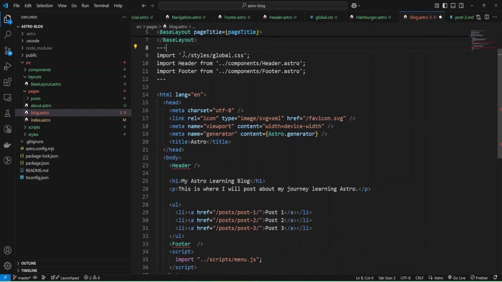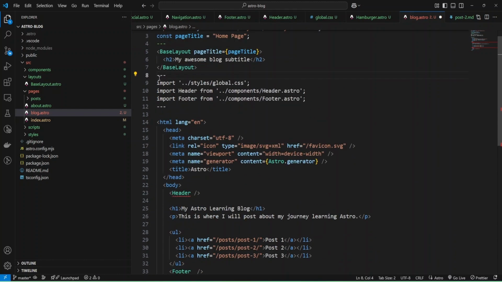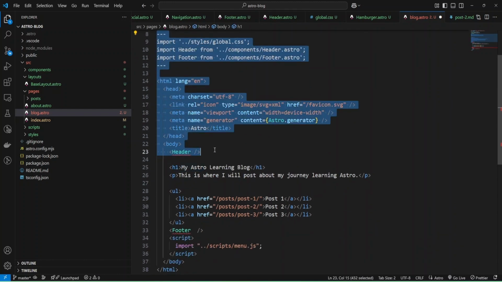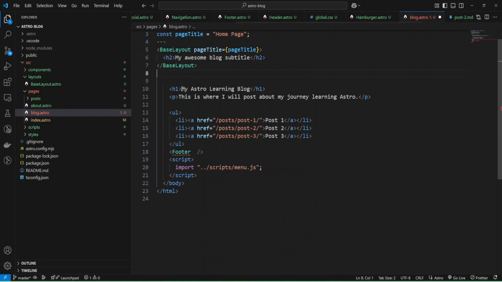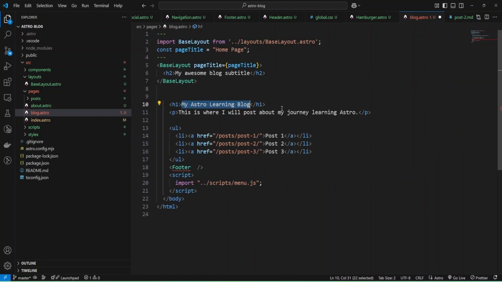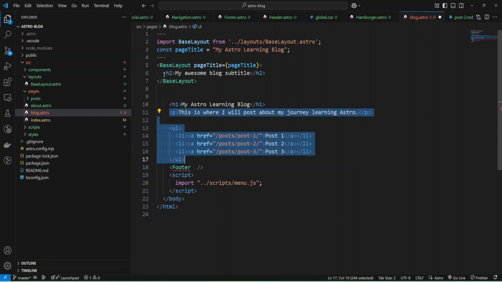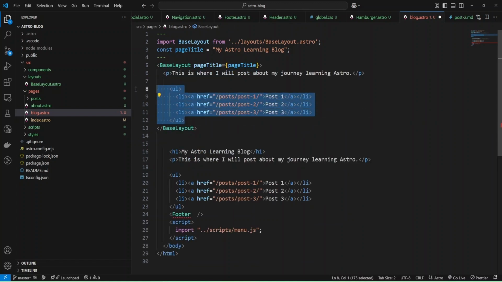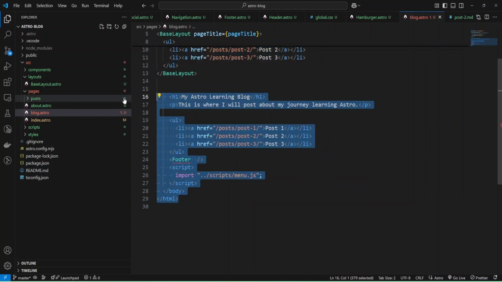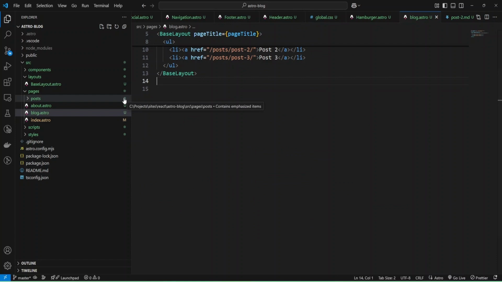Now I can remove these imports, HTML, header, and I will copy the title and provide it to my page title. Also I'll provide this paragraph and a node list as slot to my component. Okay, and now I can remove the remaining code.